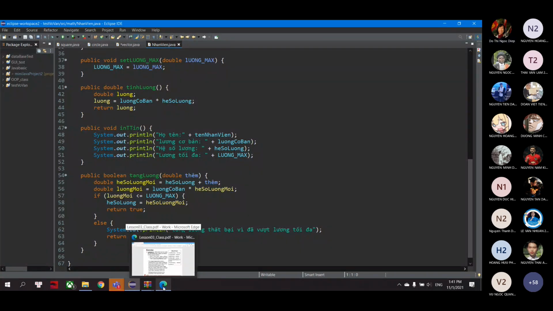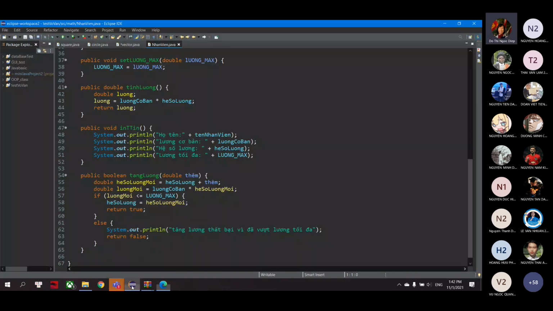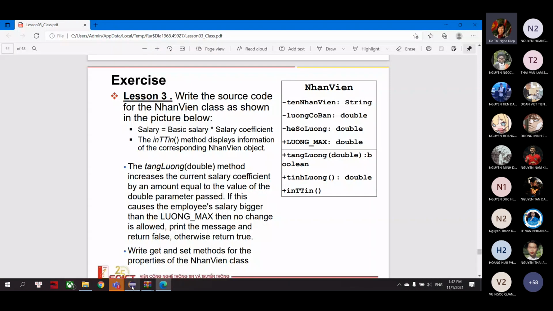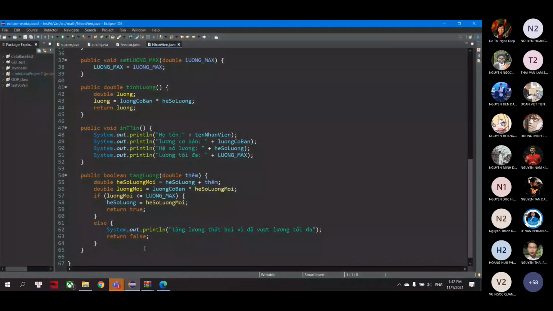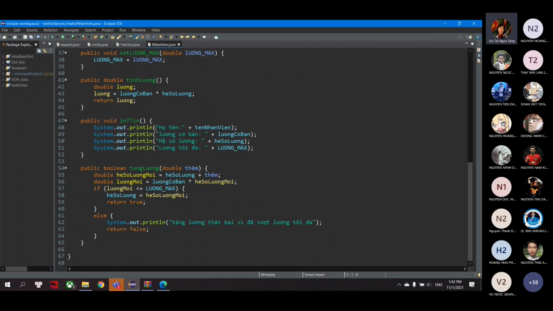Because the exercise tells me that Boolean in the tăng lương. That means the return type of tăng lương is true or false. Okay. So I wonder, I don't know whether it can run when you have a